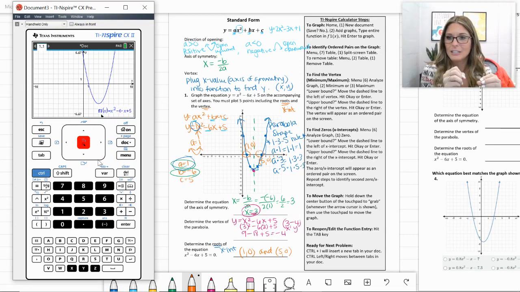Okay, what if I can't identify the vertex? Right here, I can kind of use my grid lines to help me pick it out and identify it, but maybe it's a little bit messier. Maybe it's actually a decimal place. So to find your vertex, which could also be called your minimum or maximum, you're going to go to menu,